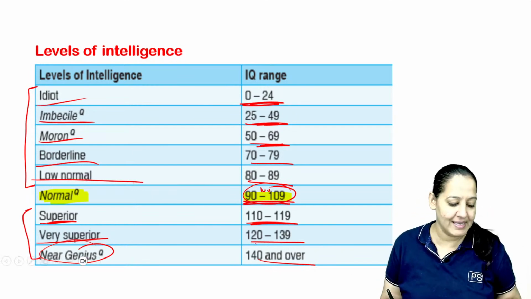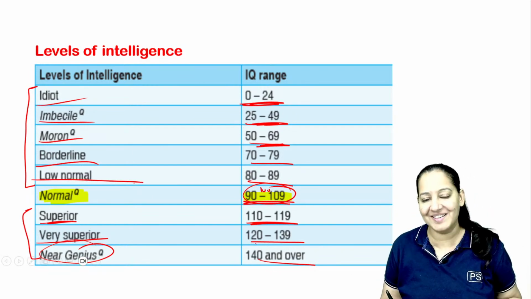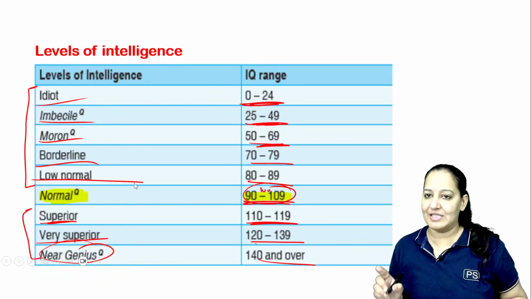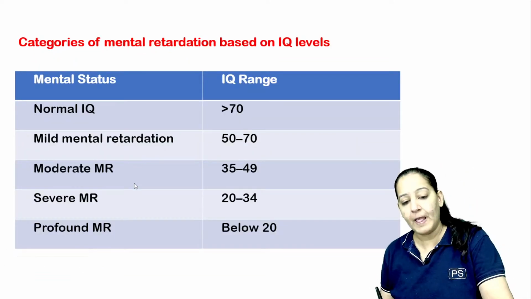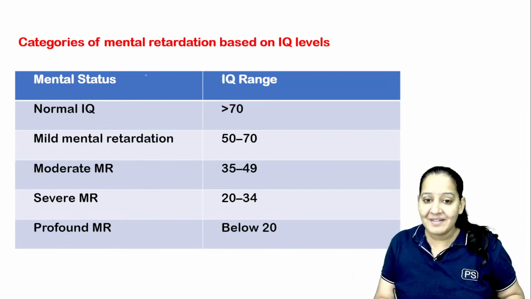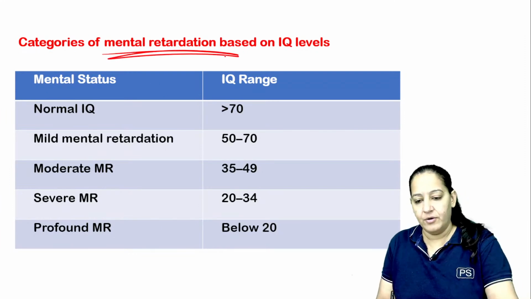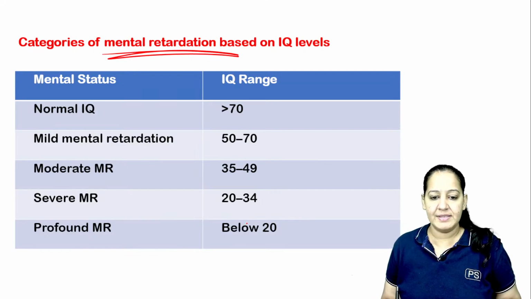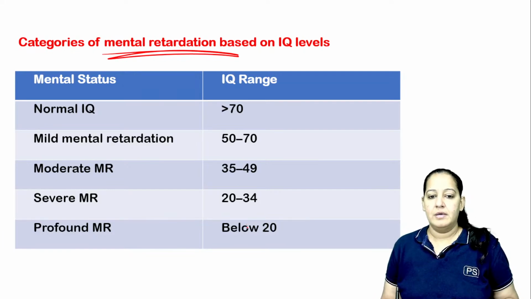Please learn the categories. Say yes. Okay, got it. So please learn this classification. This is the classification of IQ. Okay, let me tell you the classification of MR. MR is mentally retarded. So what is the classification? You can see here, we call MR